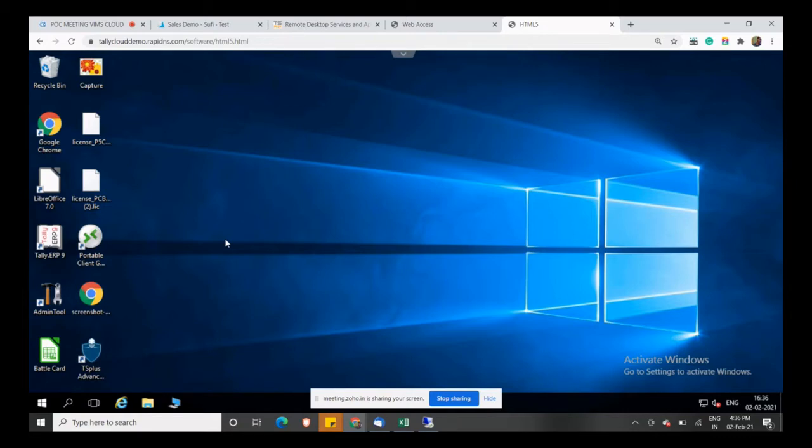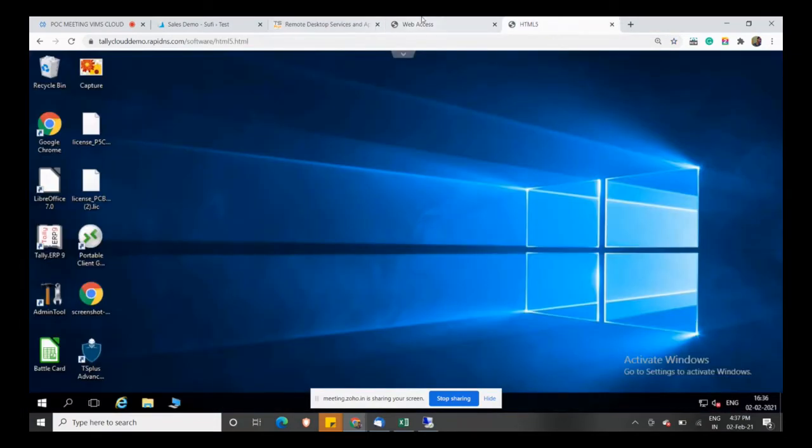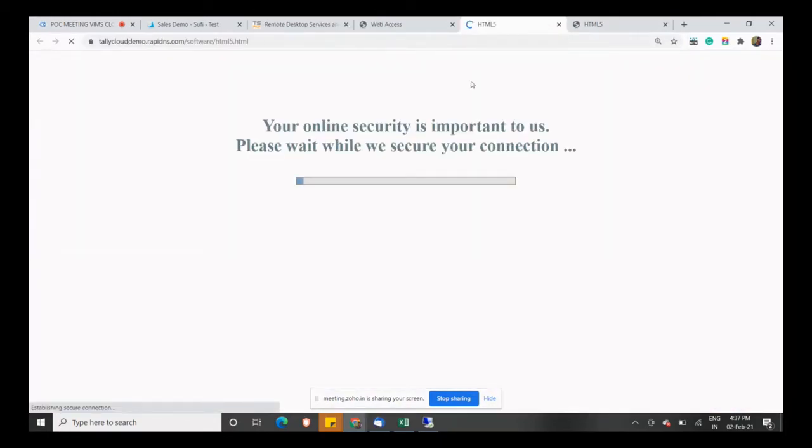Sorry to interrupt. You can just go back to that last page, web access or TS Plus. Right now, this is your existing implementation, right? Correct. If you log in here, where does it take us? Right now we did not log in. I logged in via TS Plus. So this is the IP address. Behind this URL, there is a dedicated IP address, which is one of our server IP addresses.